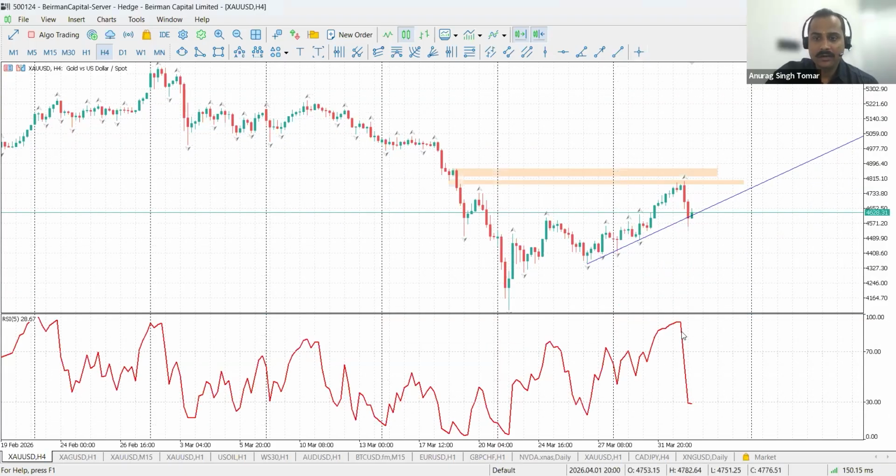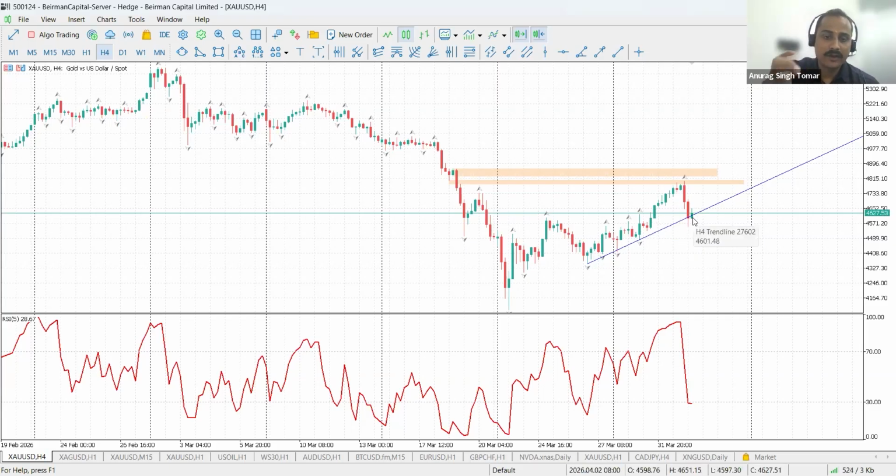Now see in these two candles, prices from the overbought area, where they are trading at almost the 93.84 level, have fallen to the oversold area of 30. That means this is a price correction. We've discussed the time correction and this is the price correction. So in the H4, it is showing us sideways movement.